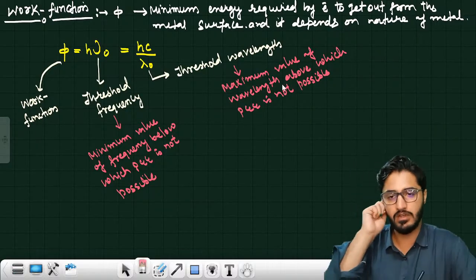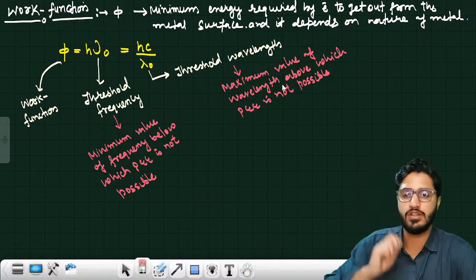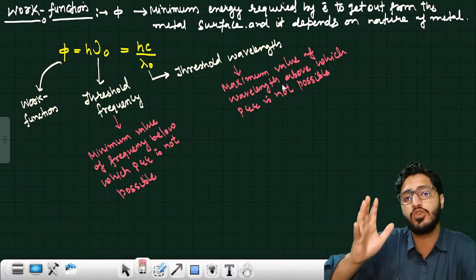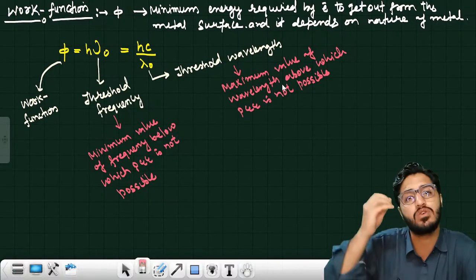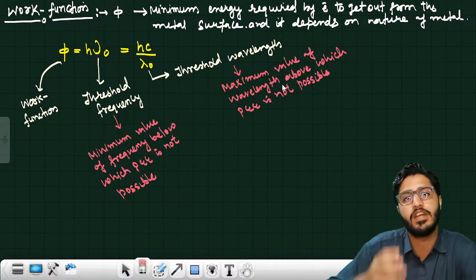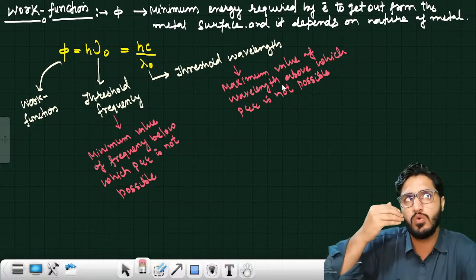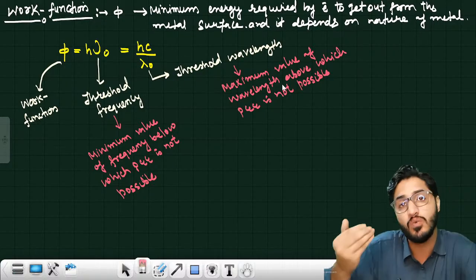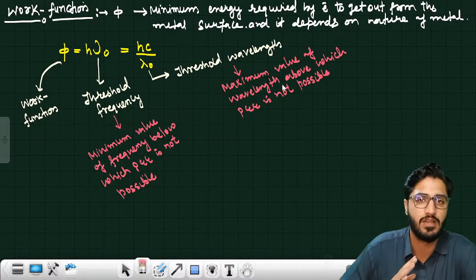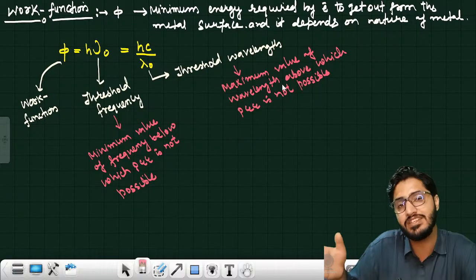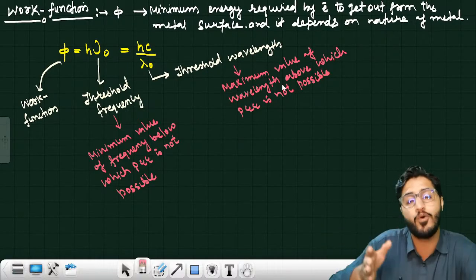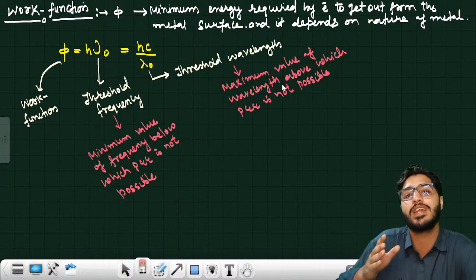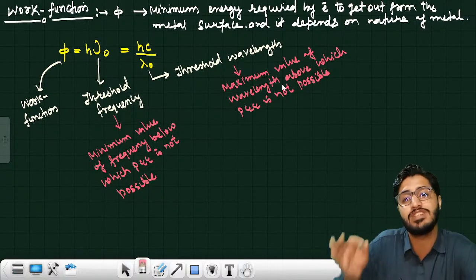So what we understand from this particular slide is that if we want to get an electron out from any metal surface, we need to give some required energy to the electron. That is the work function. My photon is carrying some energy, which means some frequency, some wavelength. So the minimum energy is directly proportional to the frequency. The minimum frequency required to get the electron out from a metal surface is known